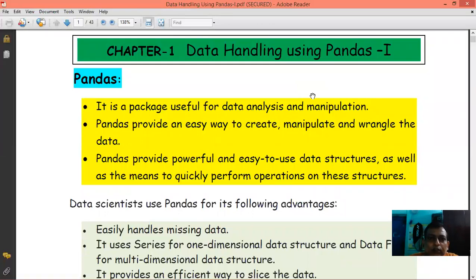We have another data analyzing tool, that is Pandas. Pandas is a very good module of Python.